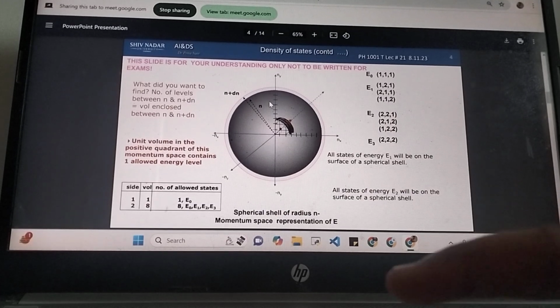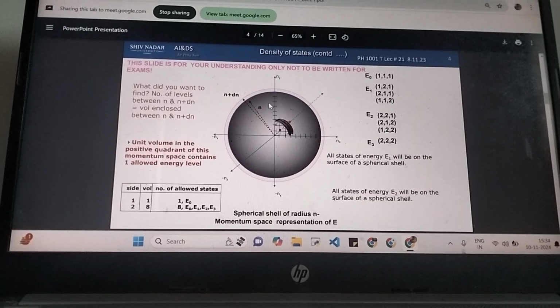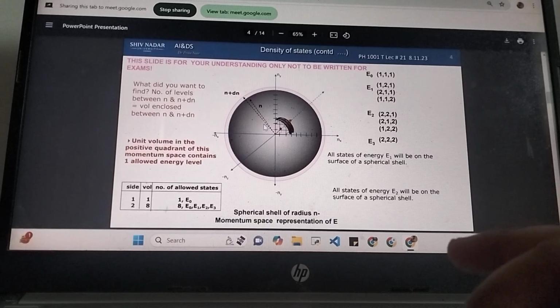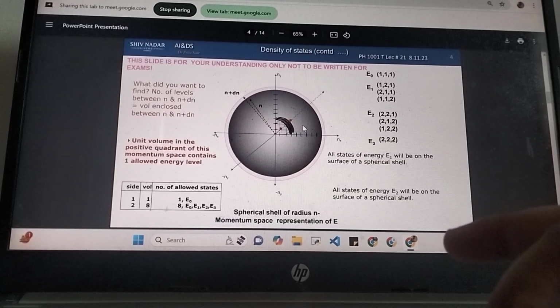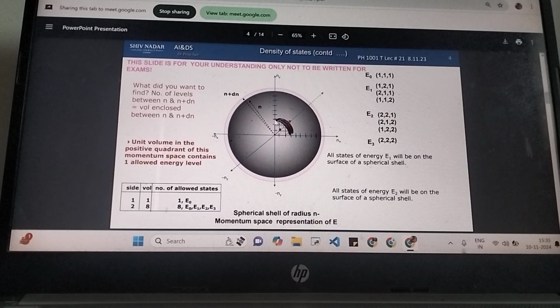So we visualize this three-dimensional space, which we call the momentum space. The three axes are your nx, ny and nz. So now if you try to visualize,